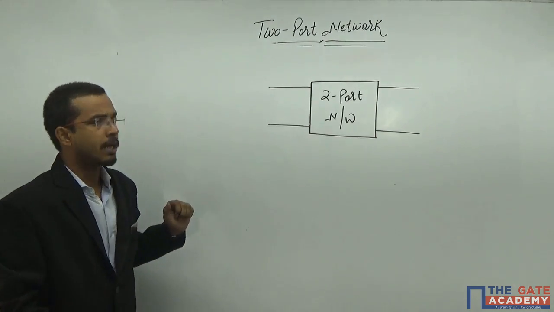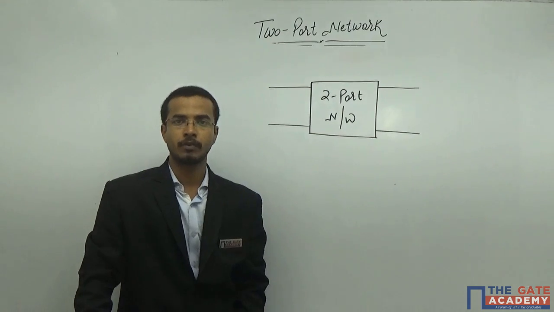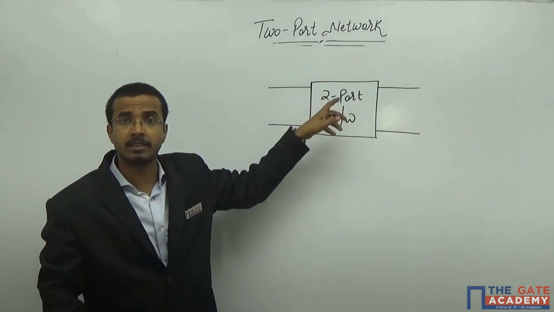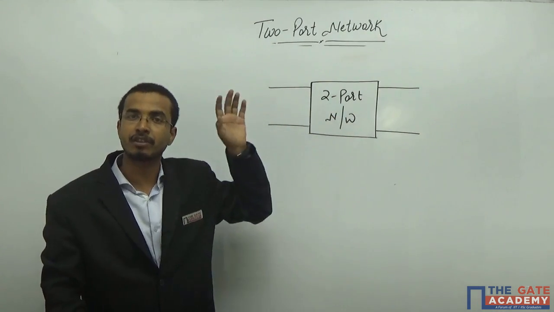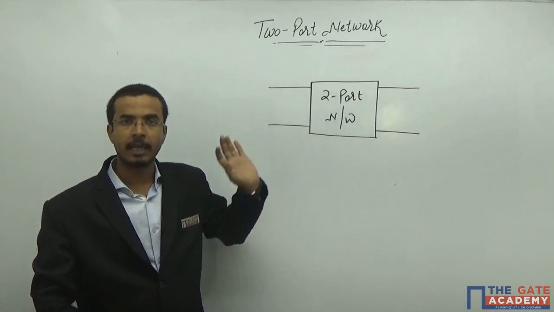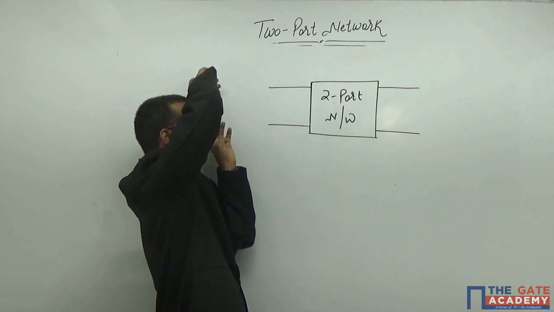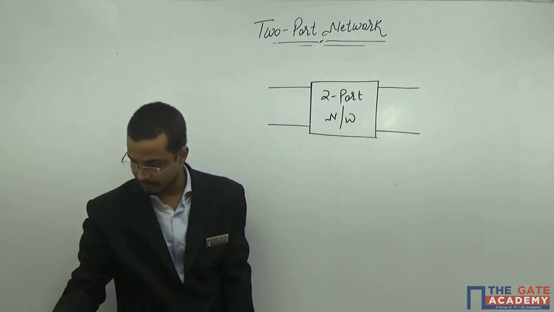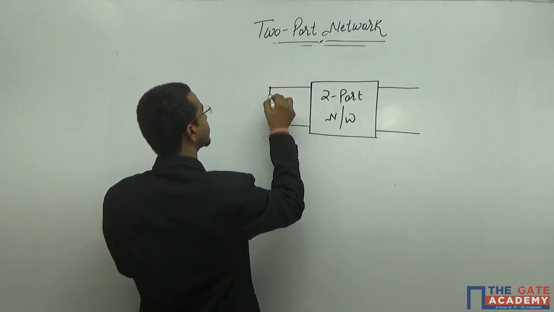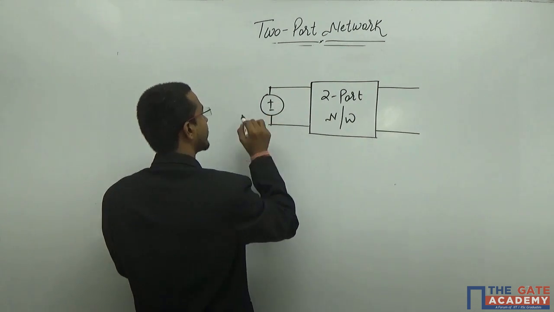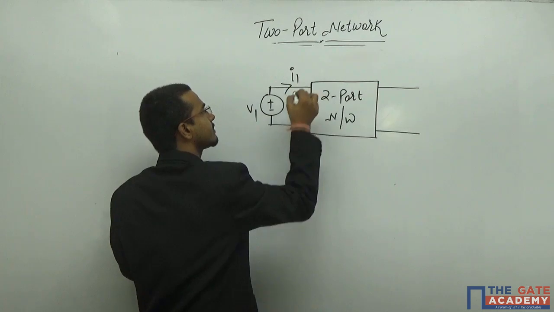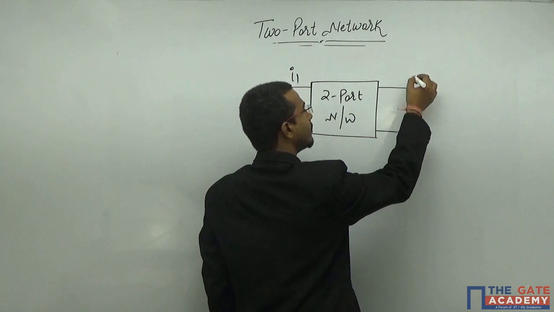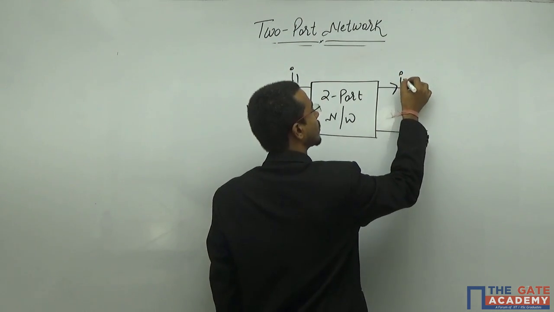Now it is also my the two-port network, but scenario will be little bit different here, because whatever the parameter I will define here, that is just the application of the communication engineering in this. That means what will I do? I will send some voltage and current from this side, and I will measure the voltage and current at this particular side. That means I am applying the voltage source at this side V1, and I know the current is I1 on this side. Now I will measure the voltage at this side, and with some load I will get the current I2 also in this side.